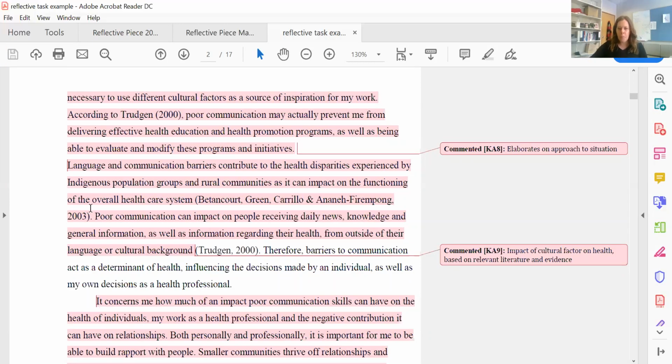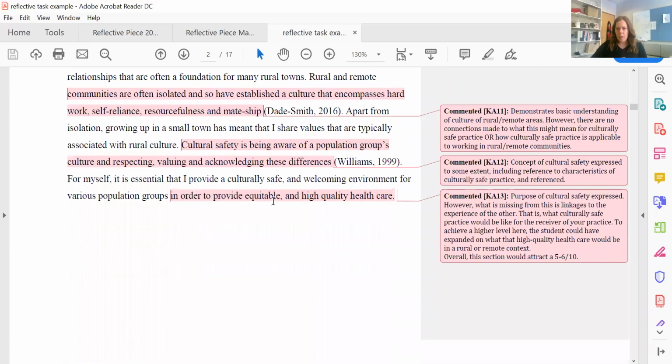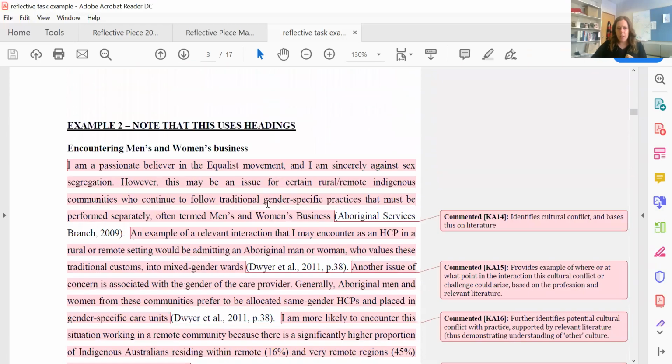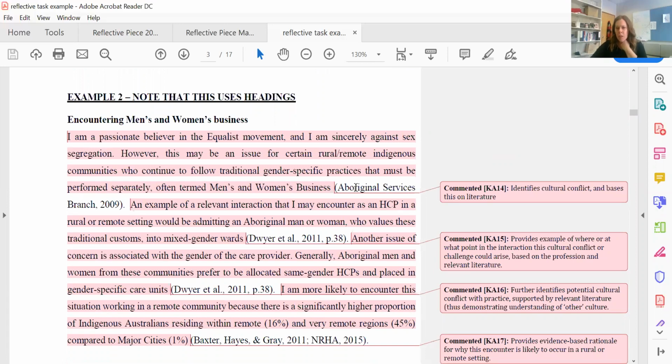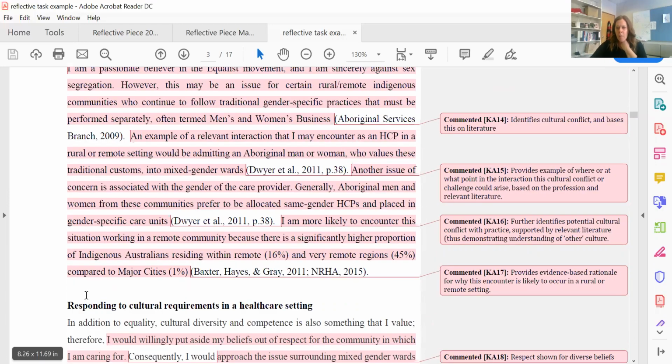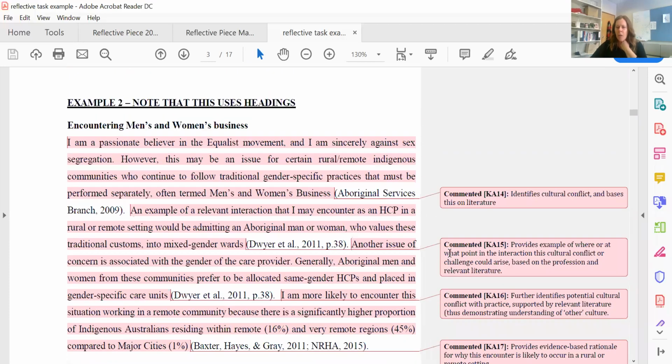Okay. All right, I'll just quickly show you another example. I won't look at part 2 just yet. This example here, you'll note that they're using headings to clearly identify sections A, B, and C in part 1, leaving us as examiners with no doubt that they've addressed each of the required components